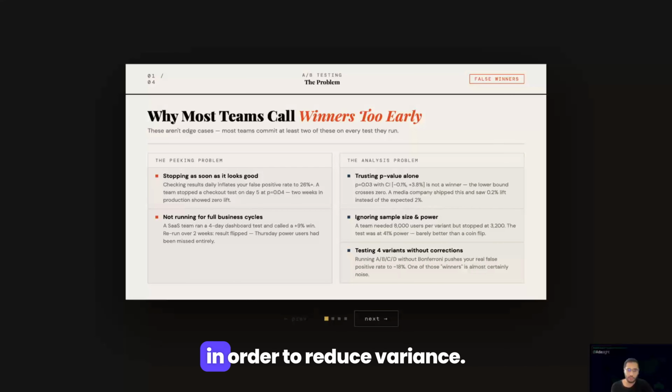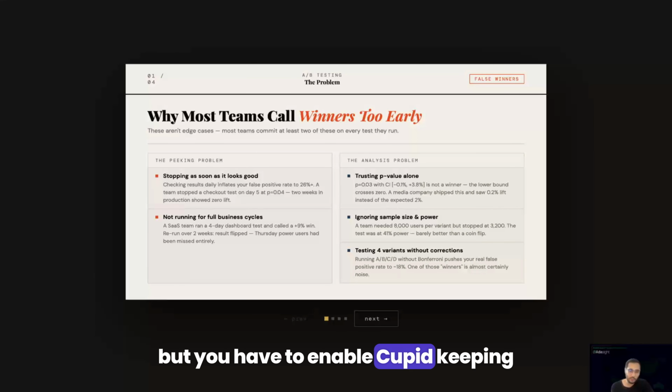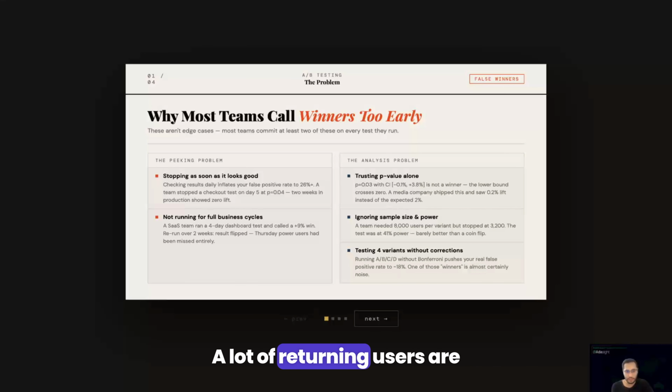The fourth thing is, if your data has a lot of variance, then there are techniques out there that you can use in order to reduce variance. One of the techniques is CUPED, controlled experiment using pre-experiment data. You can use this technique to reduce your variance. A lot of the tools are going to give you an option to enable CUPED, but you have to enable CUPED keeping in mind the data set that you have. So you need to make sure that you have good historic data and a lot of returning users coming in, so that CUPED can help you